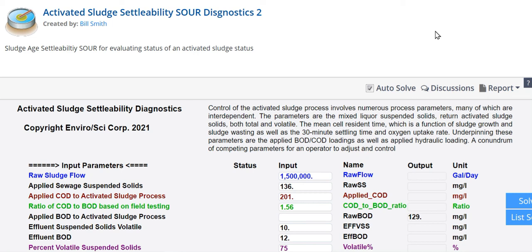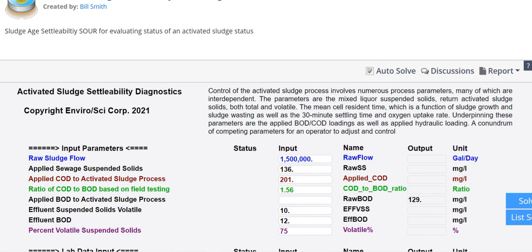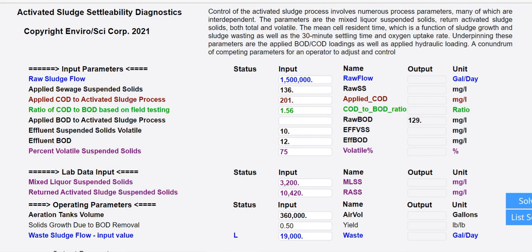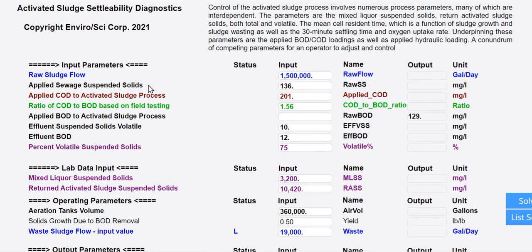Application for evaluating settability problems in an activated sludge process. You'll see that this also includes the ability to analyze for the specific oxygen uptake rate. We'll come down here and you'll see that the input variables are the flow, the raw suspended solids, the applied